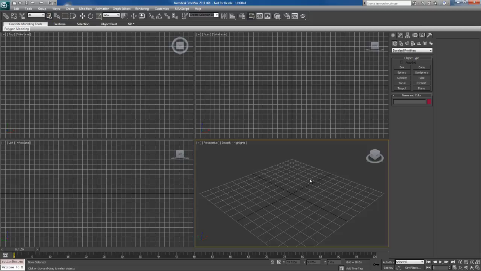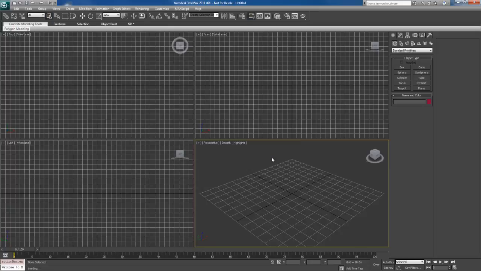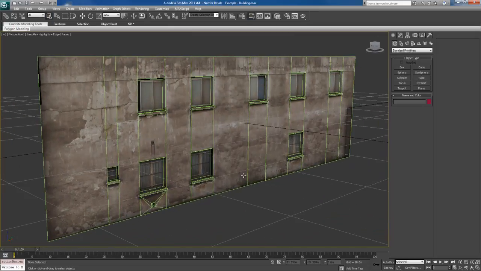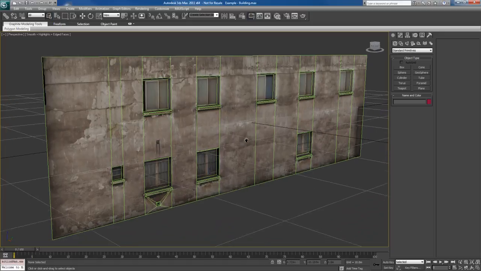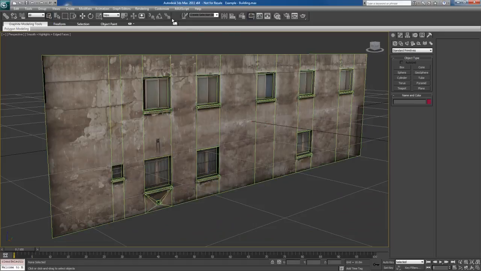Let's open up an example scene here, and the scene we're going to open up is called Example Building. So I'm going to pop that open. This should look familiar. It's the building from volume 1. Now the texture looks really nice and crisp on this object, and it looks detailed because if you go over